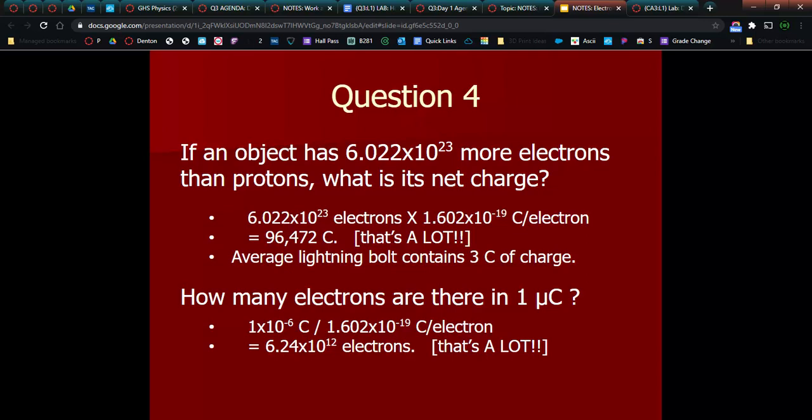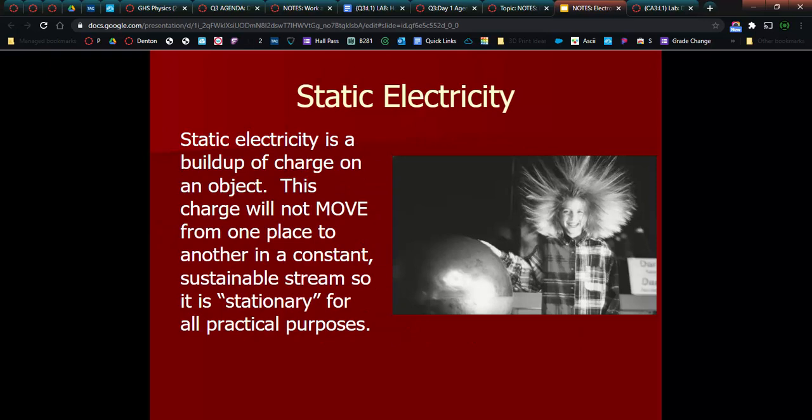Now it turns out 1 trillion charges here and there don't really matter that much to you. It just kind of depends on how you see it. All right, so again, static electricity here is a buildup of charge on an object. So most of the time, for it to be static electricity, the charge will not move from one place to another in a constant, sustainable stream. So again, it's stationary for all practical purposes. So here in this picture,